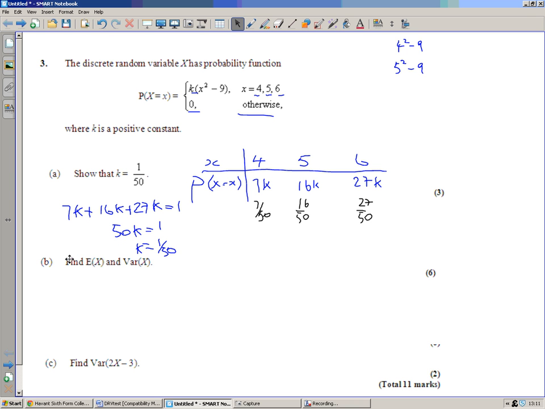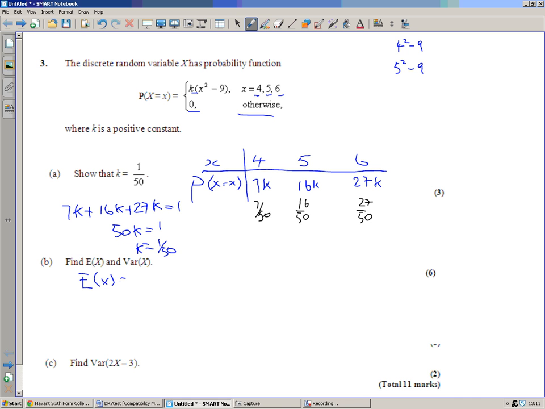Yeah, so we're going to get some 4s, we're going to get some 5s, we're going to get some 6s. But there's going to be a lot more 6s than 4s, isn't there? So we expect it to be less than 6, because the 4s and 5s are going to pull the mean down below 6, obviously. And the formula that we're using,